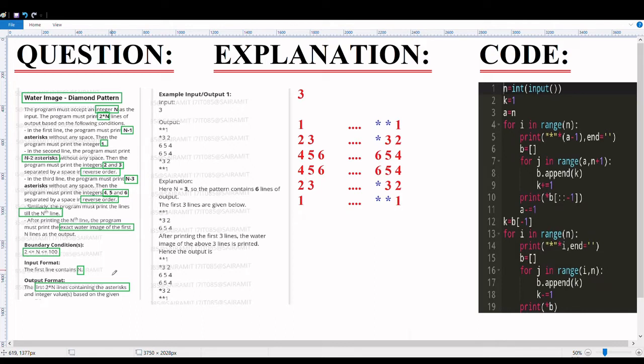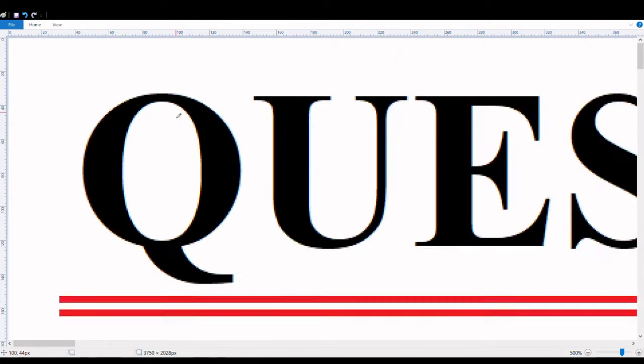Moving on to the boundary condition, n should be less than 100. Input format: the first line must consist of n. Output format: 2n lines based on all the above conditions. Moving ahead with the explanation and test case. Initially the value is 3. So when the input is 3,